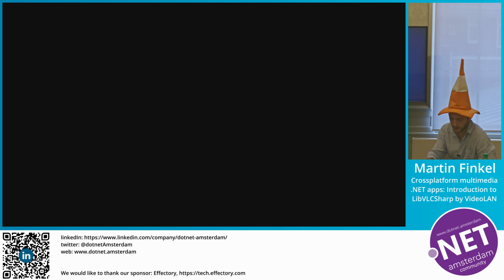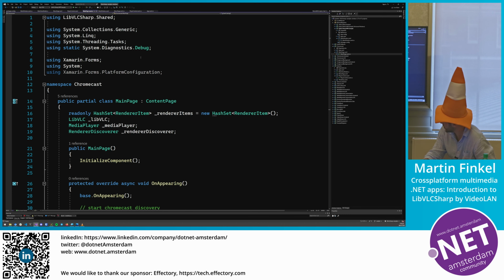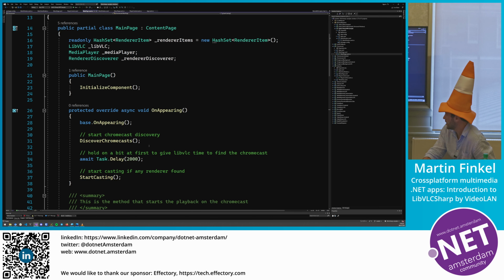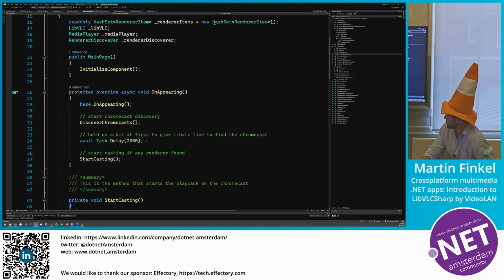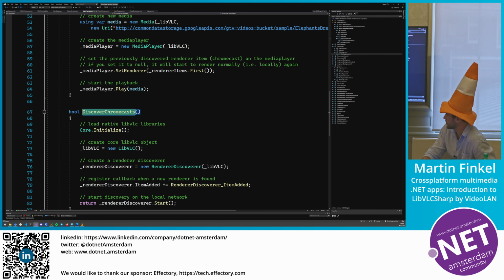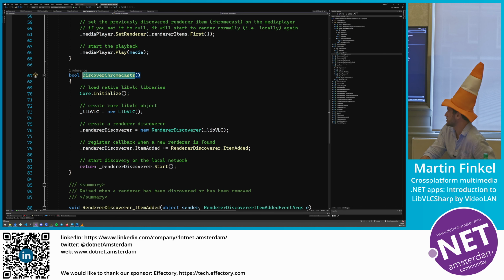So, how to connect and stream to a Chromecast in .NET on any platform. First, you're going to discover the Chromecast, right? You're going to want to find it. You can find many if you have several. Again, this is optional, but I put it here.